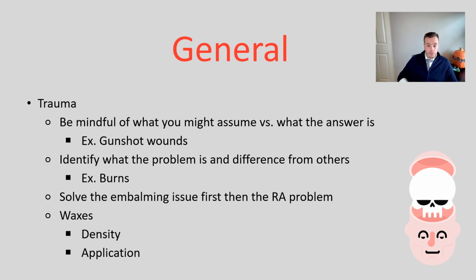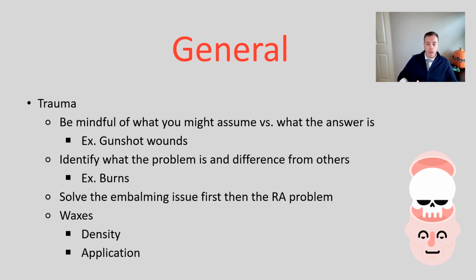Whereas a second degree burn has blisters. Big difference, because now we have potential concentrated decomp in that area. We have the blisters to deal with. We actually have surface problems that we have to deal with. And then a third degree burn, of course, is charred skin. So you may have to do something like remove any charred skin post embalming to be able to suture it